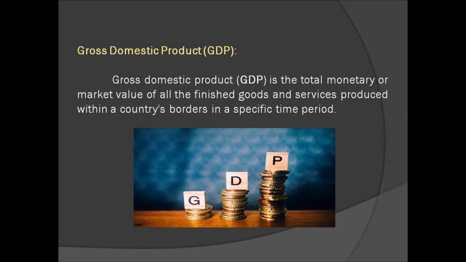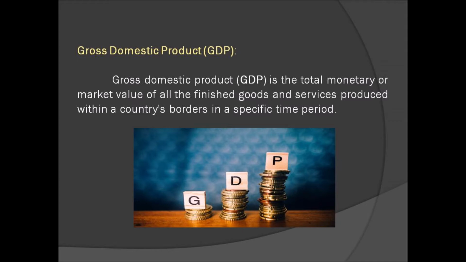The first factor is that we have to check whether the goods or services are produced in that particular country for which we have to calculate the GDP. For example, the GDP of India includes only the market value of goods and services produced in India. For example, the market value of apples produced in Kashmir are included in our GDP because Kashmir is in India. So therefore, the market value of the Kashmir apples are included in GDP.